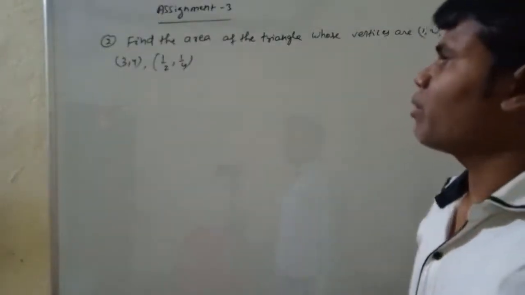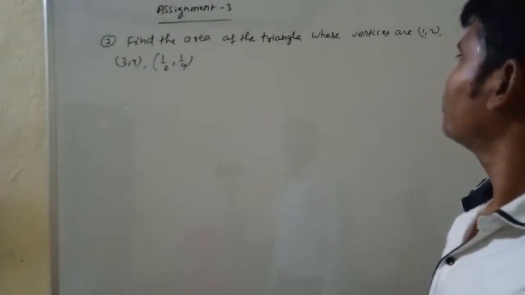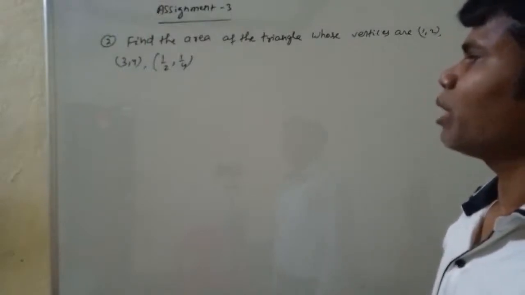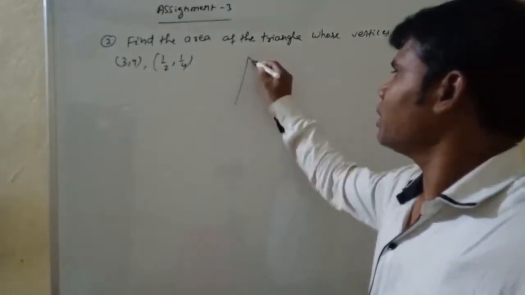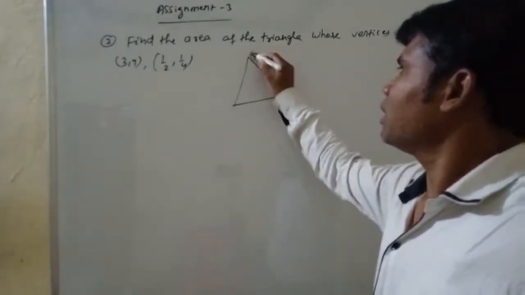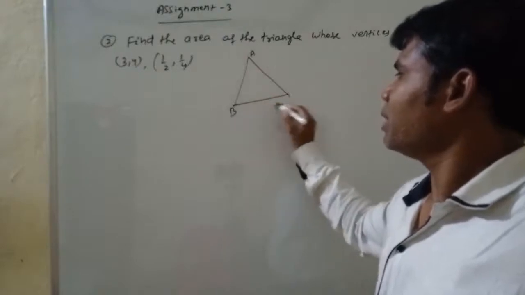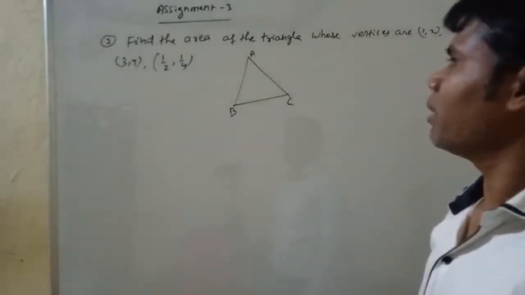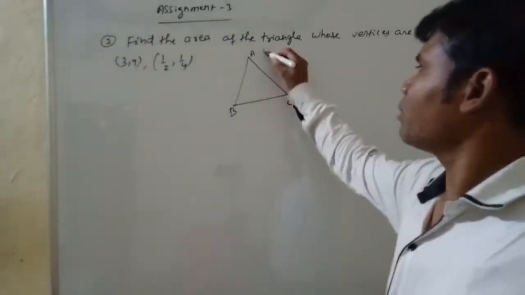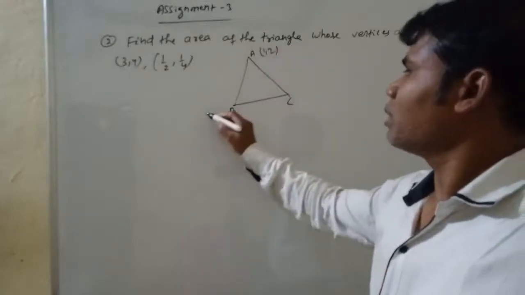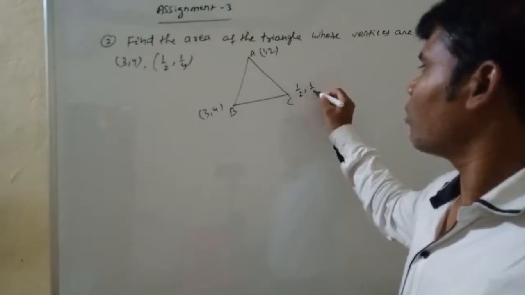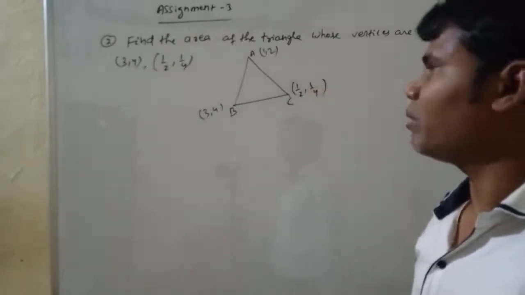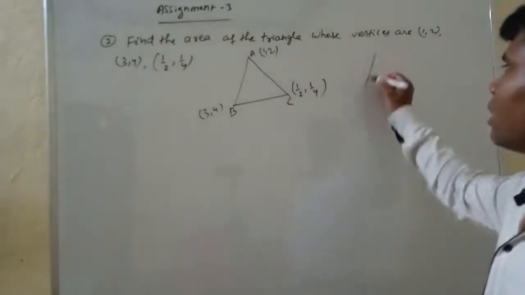You see the next problem. Find the area of the triangle whose vertices are (1, 2), (3, 4), (1/2, 1/4). That means suppose ABC is the triangle. You see ABC, three vertices are given. That is A you consider as (1, 2), B as (3, 4), C as (1/2, 1/4), okay. Area of the triangle is equal to what? The formula is